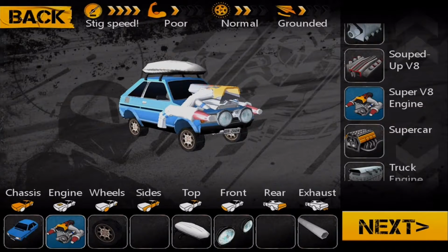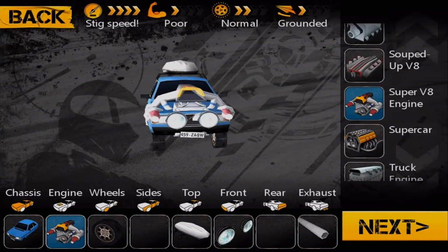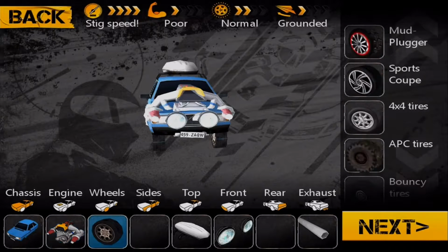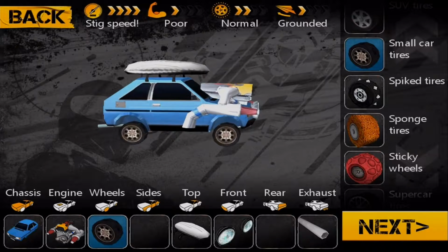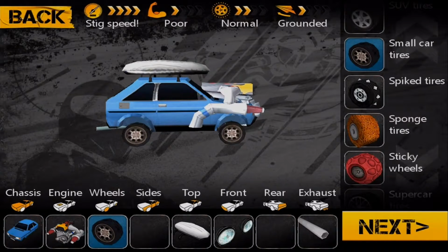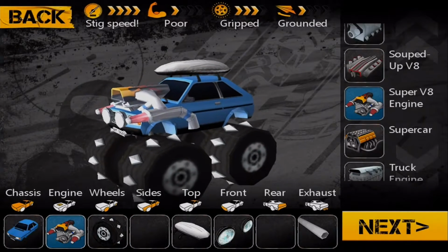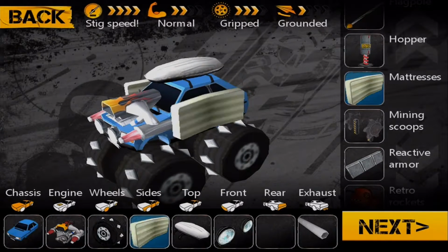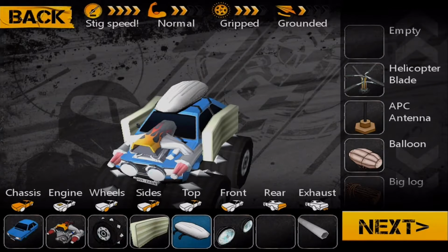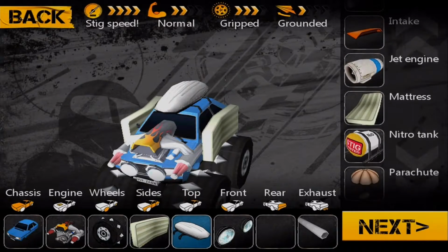Oh, look at that. Well, that looks stupid. I mean, you can't even see out the windscreen. That's impractical. Anyway, so what do we want? We want just to see what happens. We've got a small car with giant spiked tyres with a souped up, what is this engine called? It's the souped up Super V8 engine. We'll have some mattresses on the side, why not? Oh, they add strength. Yeah, if you strap a couple of mattresses to the side of your car, it adds strength. Okay, and then at the top we'll have...